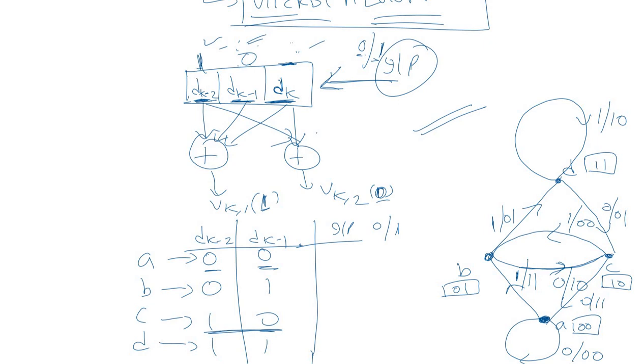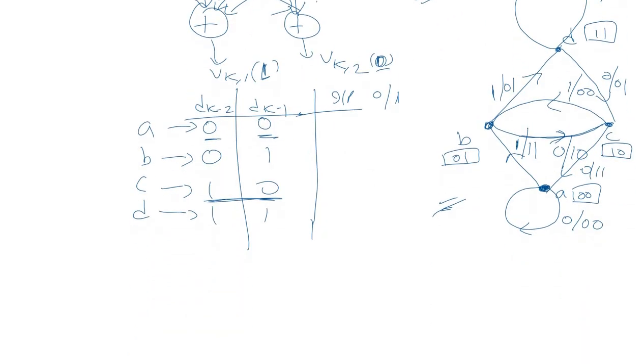So this is how we can complete this state transition diagram. Each state is achieved using two different paths. We can easily observe it from here. Now using this state transition diagram, we can easily make the trellis diagram. Now let us quickly make the trellis diagram for the same example.